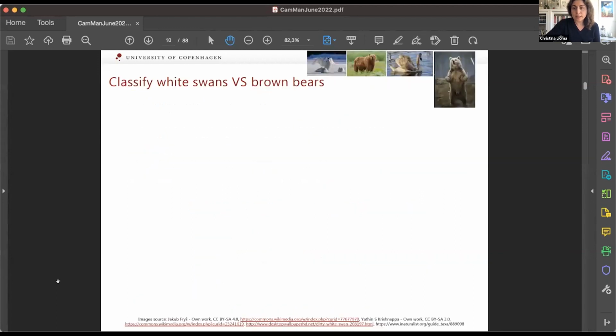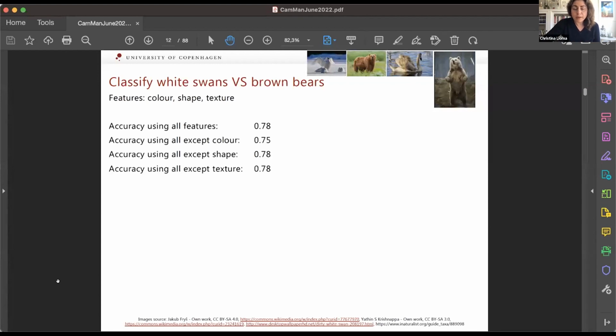So to look at a concrete example, let's say that we have a task where we want to classify images into two types. The first one, images depicting white swans, and the second one is images depicting brown bears. This is a straightforward task most of the times. However, there can be cases where photographs are taken from specific angles under certain light, where swans are not necessarily purely white, but they might be kind of gray, and bears might also look a bit whitish. And even the shapes of the animals might be hard to distinguish. So it's not an extremely trivial task all the time.